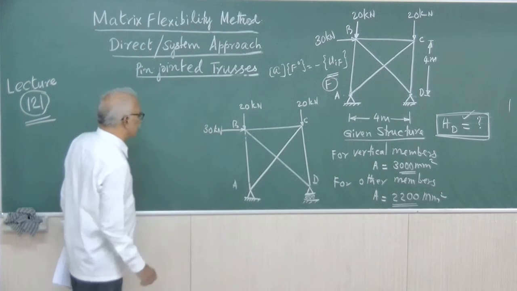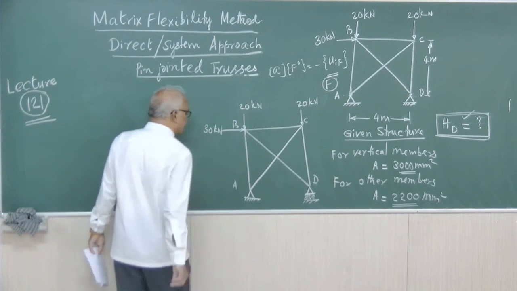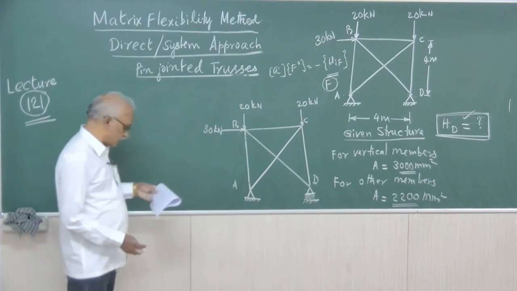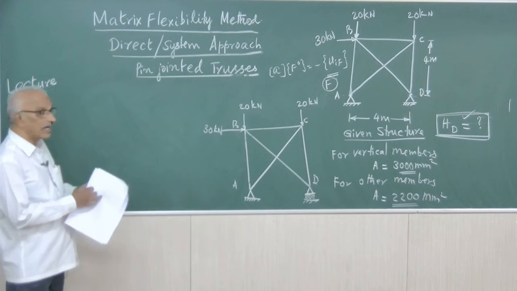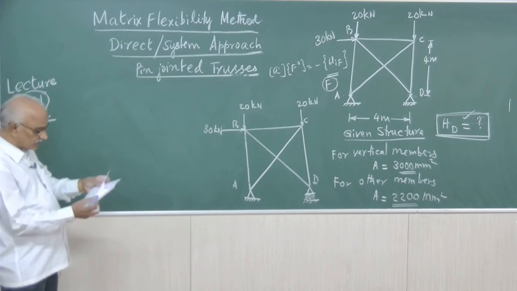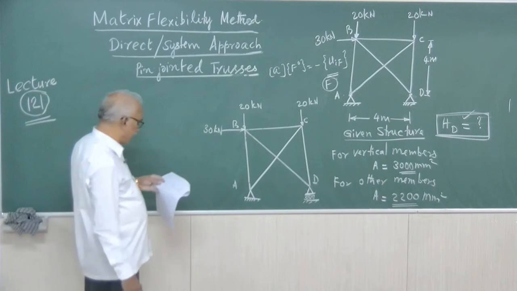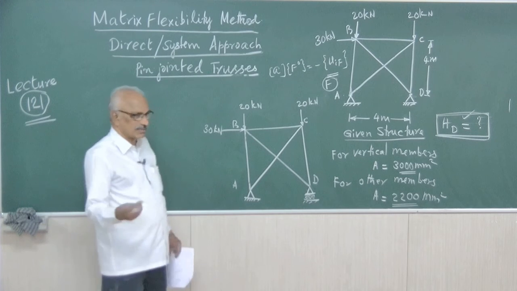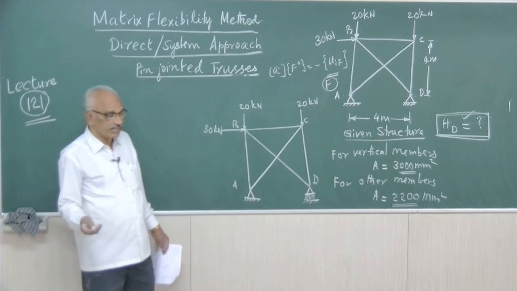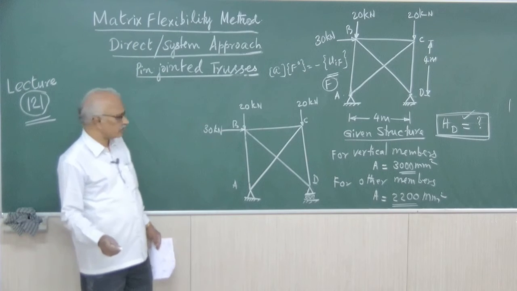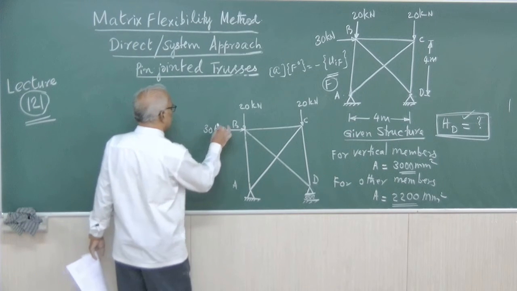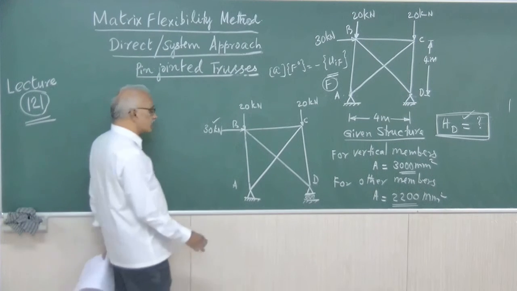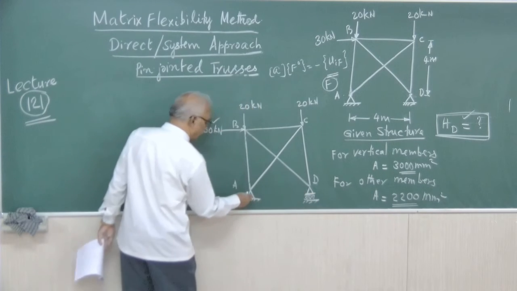Now, for this, you have to do the analysis by method of joints to find out the force in various members. Before finding out the forces, you have to first find out the reactions. When we use sigma H equals 0, I will not do these calculations elaborately because we have already done sufficient number of problems. Sigma H, there is only one force, so there must be a horizontal reaction in the opposite direction. Here it is not possible because this is on rollers, so only here it is possible.